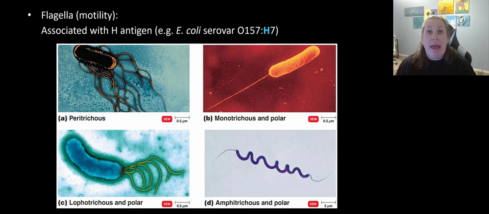coli. And a lot of times it's what makes it more virulent, and that's the E. coli that can make you sicker. All right, and so there's different arrangements that the flagella can be on a bacteria, and this picture shows you